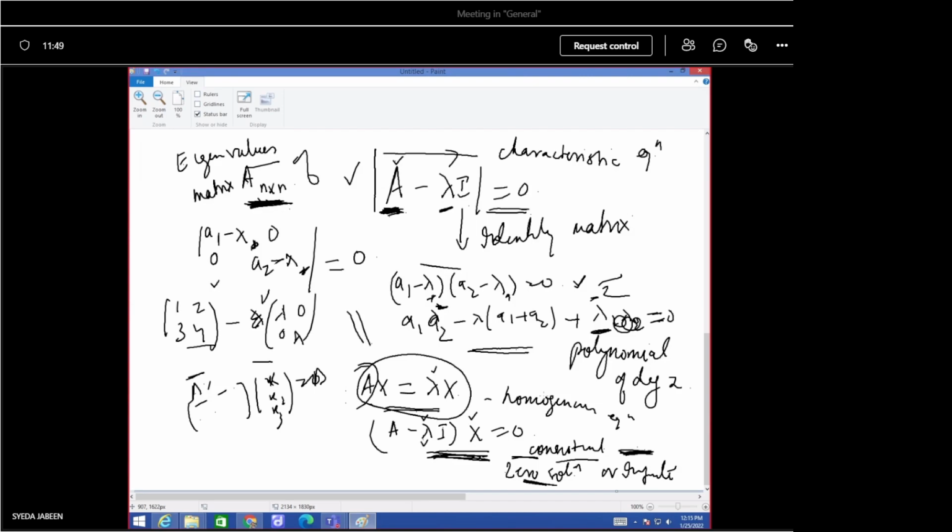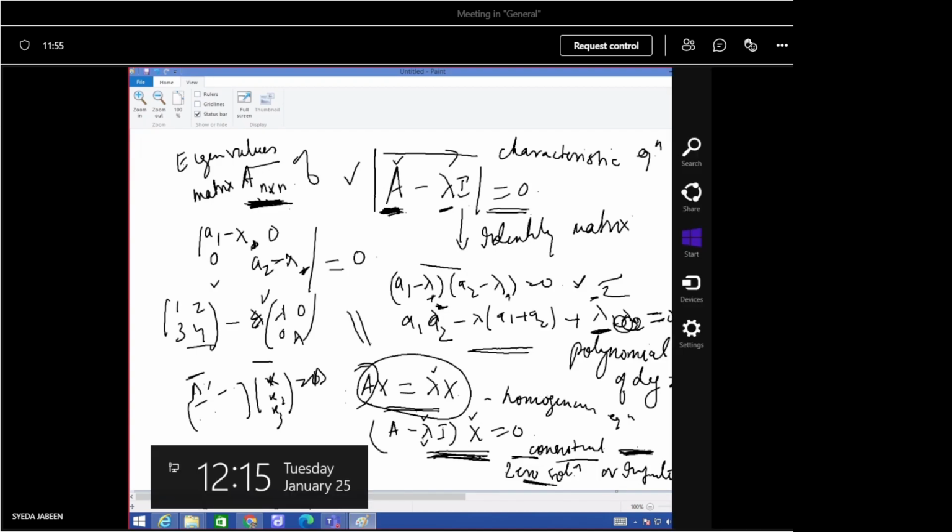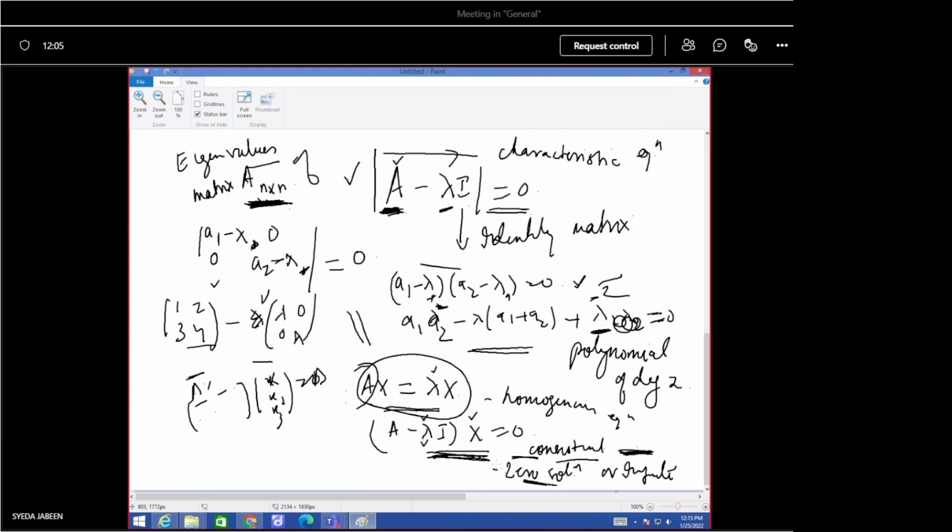And those values of x should be a non-zero solution. ठीक है, तो यानी अगर नॉन जीरो सोल्यूशन है तो उसका मतलब क्या हो रहा है? यहाँ पे तो दो ही सोल्यूशन का पॉसिबिलिटी है, एक आइदर जीरो है और इनफाइनाइट सोल्यूशन है. जीरो सोल्यूशन को ट्रिवियल सोल्यूशन भी बोलते हैं. तो इसका क्या मतलब हो रहा है? इफ वी हैव अ नॉन जीरो सोल्यूशन